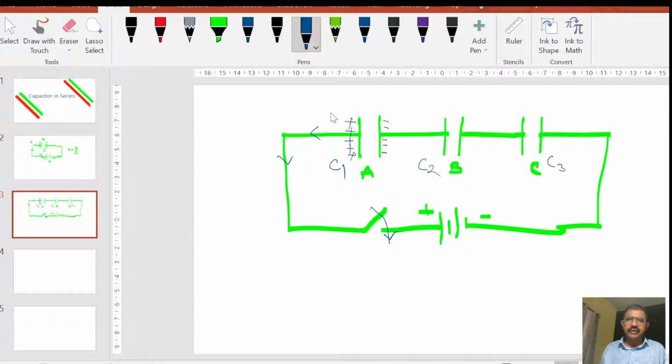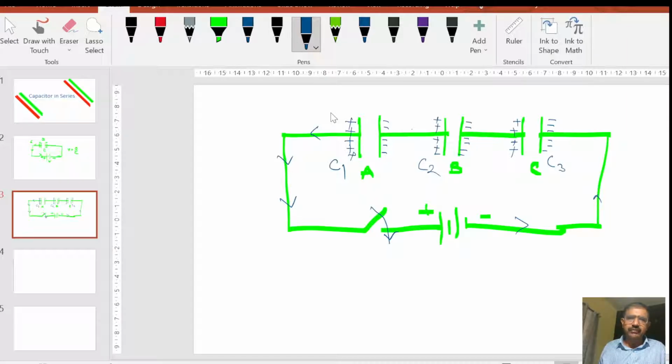Similarly, when this plate is negative, it will pull the electrons from this side, so this will become positive. Again, electrons will be pulled by this, so it will become negative. If it is negative, it means electrons are pulled from this side, so this becomes positive, and finally this plate will become negative. We have to understand that whatever charge is on capacitor A arises because electrons are pulled, and there is a continuous flow of electrons from this direction towards this. So equal electrons are flowing in the circuit.